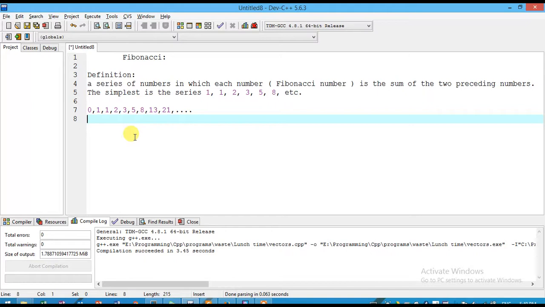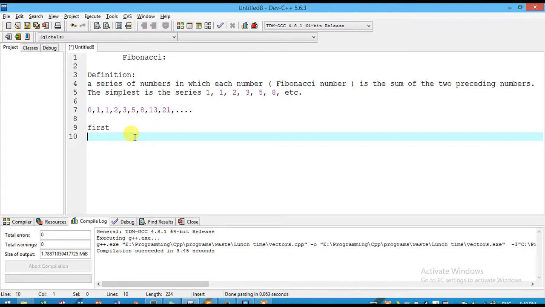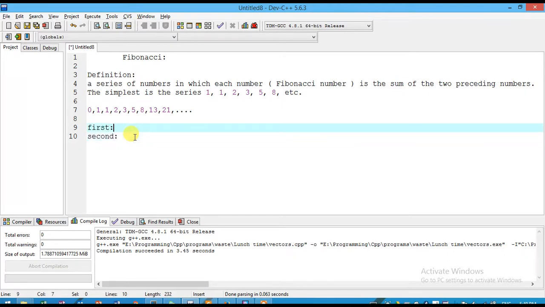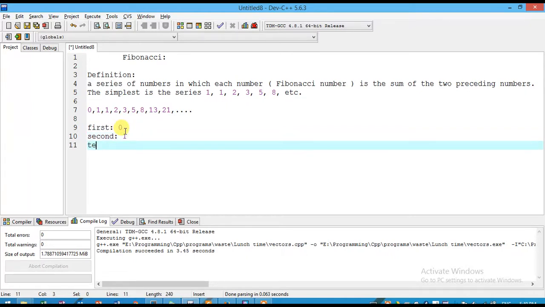Before we code it, we just need the logic here, right? I'm writing a first number and a second number here, where the first number is 0 and the second number is 1. And let's take a temporary variable here.